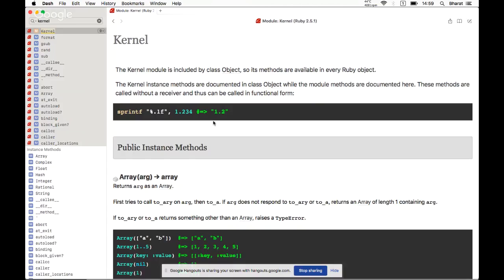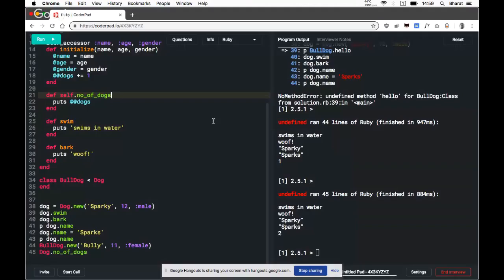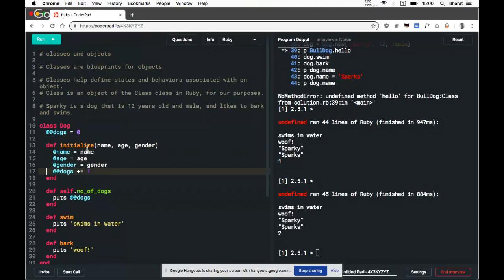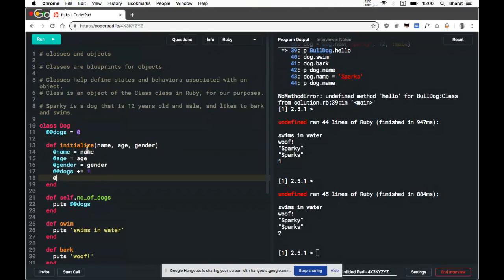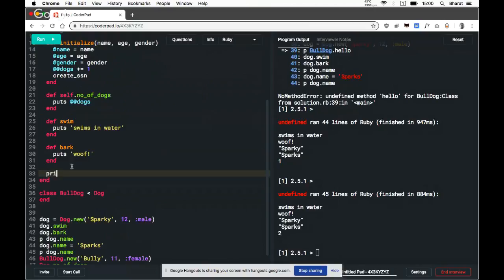So the advantage of using the attr getter setter is, of course, concision of code, where in one line we're achieving what otherwise would take around 10 to 12 lines of code. And if we're not doing any further processing, then it doesn't matter. However, if we have a case where we want to let the dogs have a social security number, and we make this a private method.